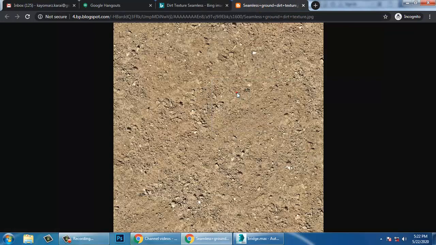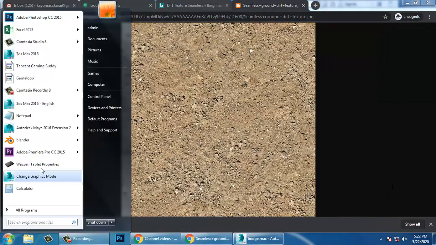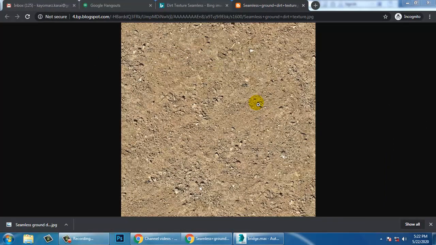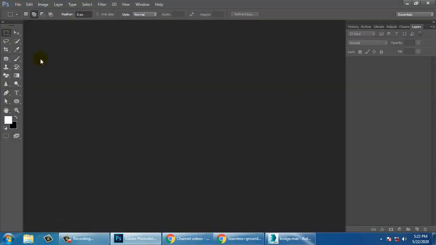So just save this texture in the bridge texture folder and let's open Photoshop over here. So let's compile the two textures, like the grass texture and this texture. We'll just compile both the textures. Once you're in this, let's open that folder.